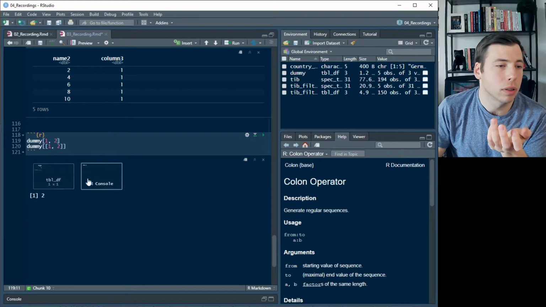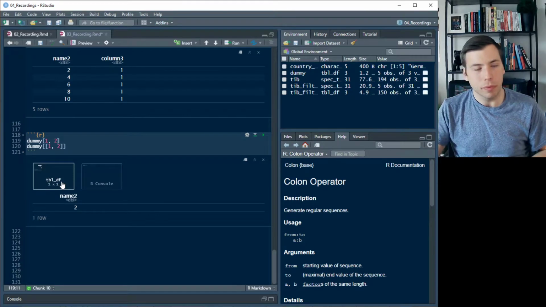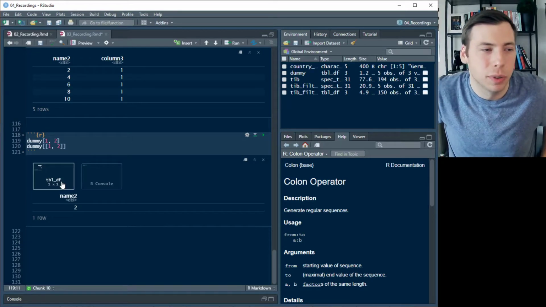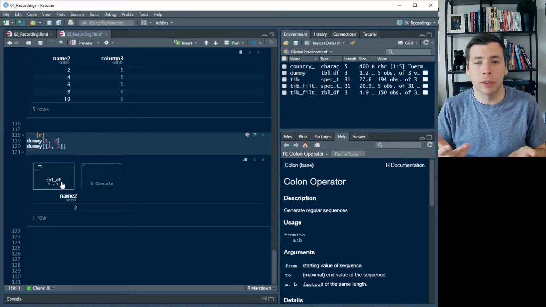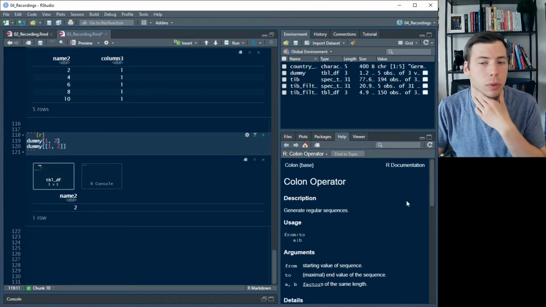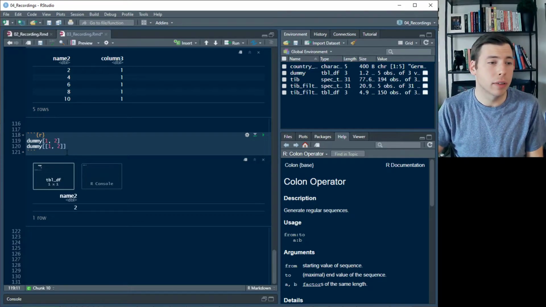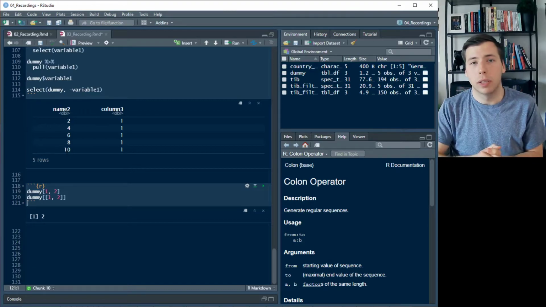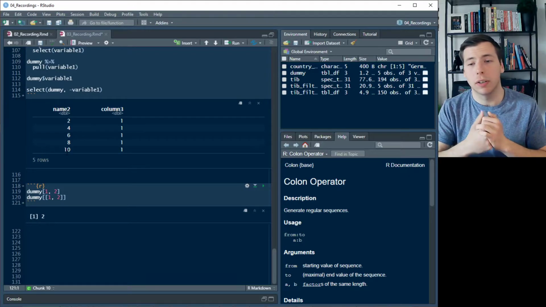So this is a tibble, this is a vector, and it doesn't feel like much of a difference, but the point is some functions will react allergically if you give them a tibble, but they expect a numeric value, so a vector. So this is why you will need to be careful with that. So with tibbles, you will always get with 1 bracket a tibble, and with 2 brackets a vector. This is a consistency feature of tibble. If you've ever worked with data frames, there things can get mixed up. Just for your information,